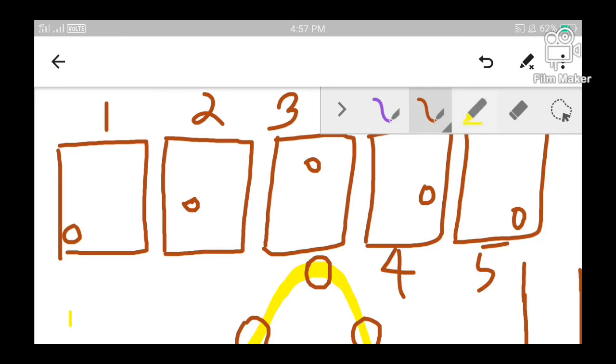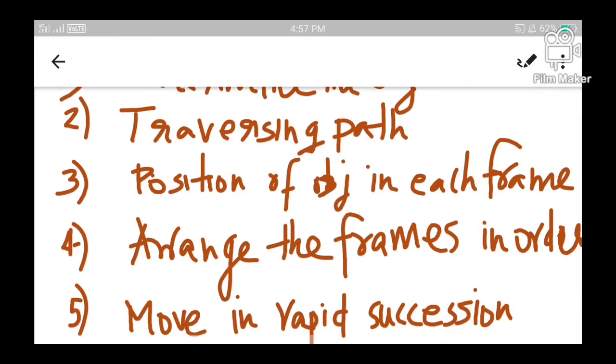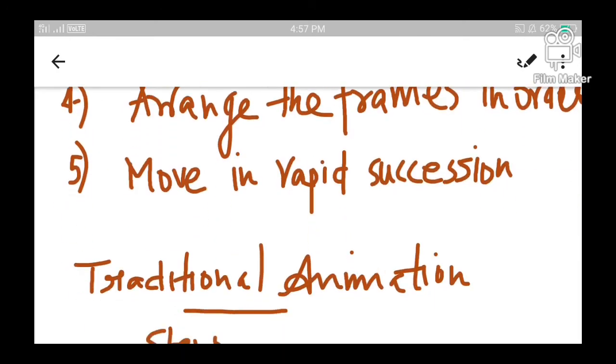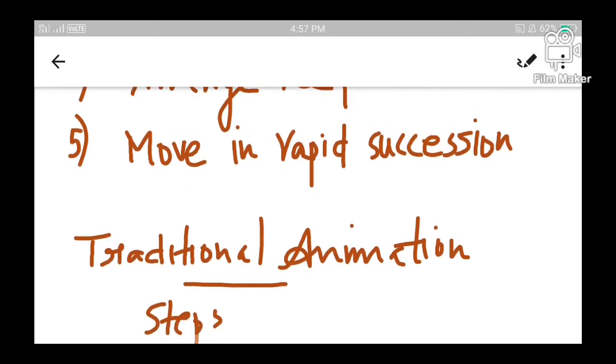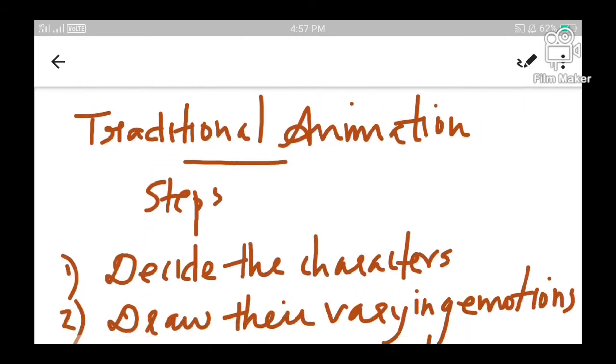Okay, this is how an animation can be explained in simple means. Let us also learn about traditional animation. Traditionally, animation was performed manually only. Nowadays, it has been computerized. We use computer and machine induced mechanisms to do animations. Let us see what all steps come under this animation.